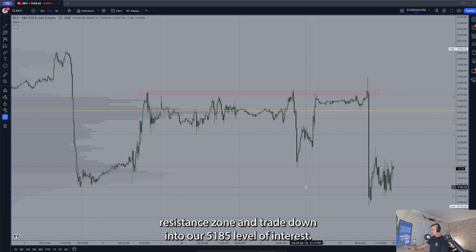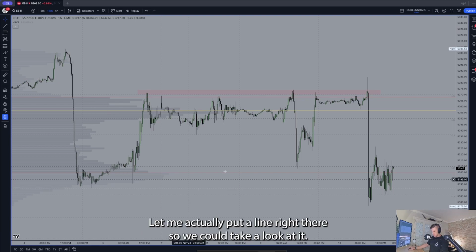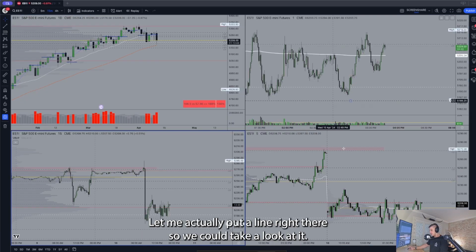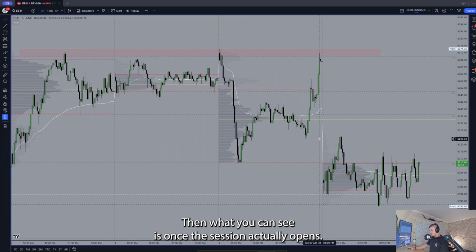And so what we see is price essentially reject that near-term resistance zone and trade down into our 51.85 level of interest, but more notably last week's low. So a significant area right through here. Let me actually put a line right there so we could take a look at it. Then what you can see is once the session actually opens,